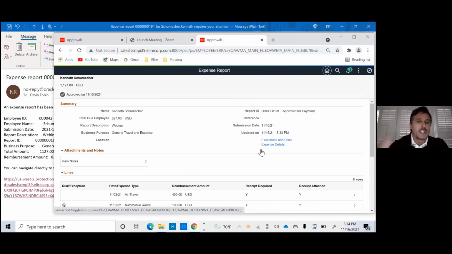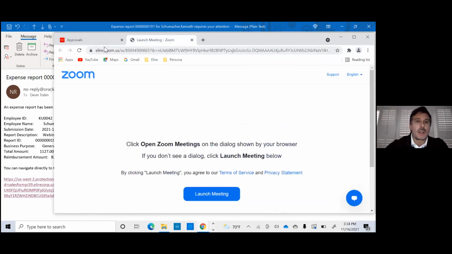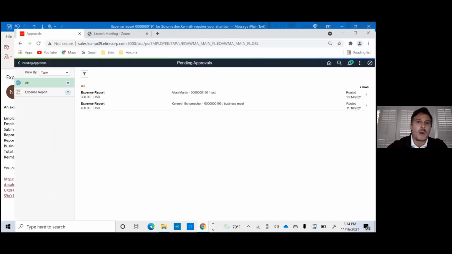through whatever mail system you have, as long as the link is active, and we can make the approval via the email link. So if you've got a phone, if you've got a mobile device, you can go into your email, you can look at it through there, it can launch back into PeopleSoft, and you can make the approval. Okay. Now, next thing we're going to look at is how we push this over